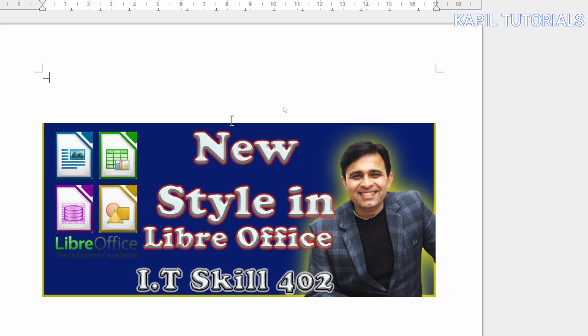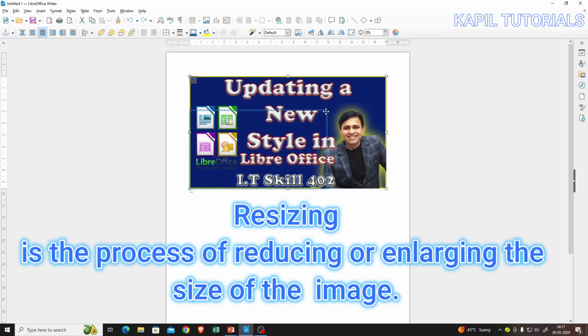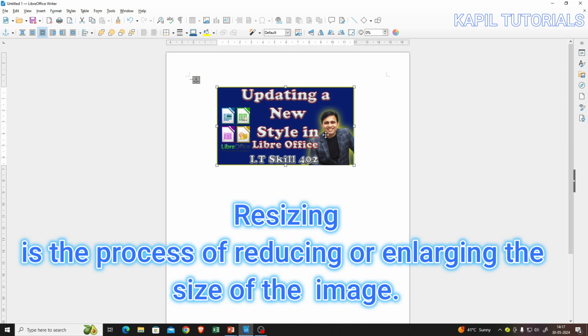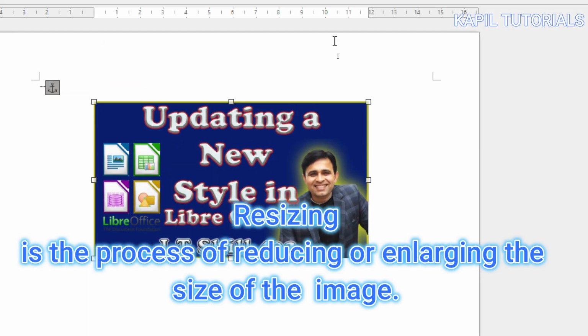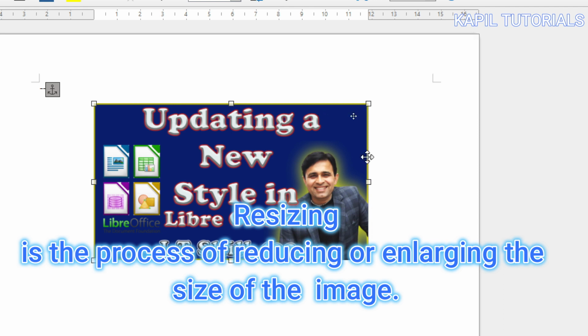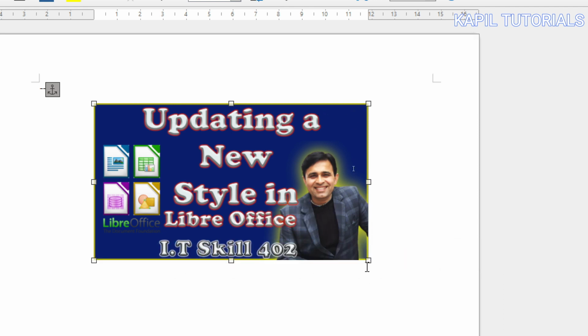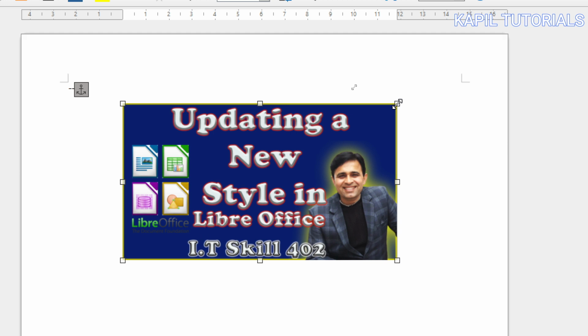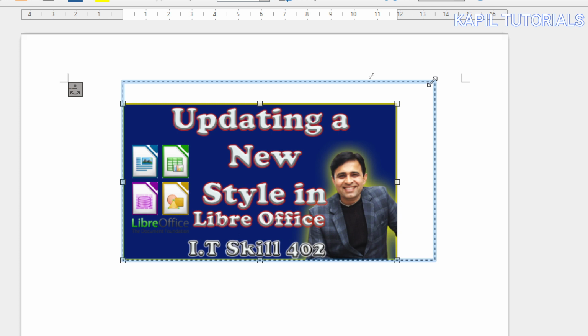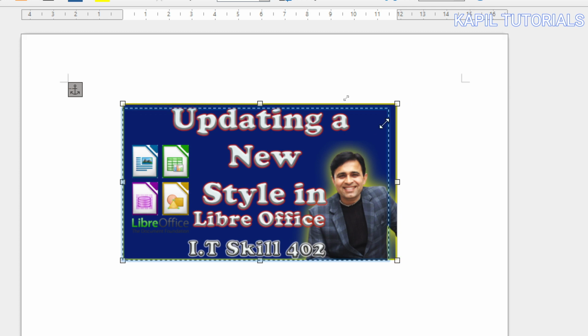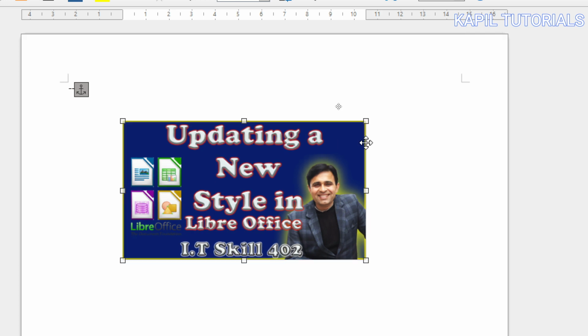I'll again do the undo and I'll resize this image. Resizing is very simple. These small boxes what you are seeing in the edges of your image, just take your mouse cursor on that, and when it converts into two-sided arrow, just move it up or down. If you are moving up, that means you want to increase the size of the image, and if you are moving it down, that means you want to decrease the size of the image. Okay,